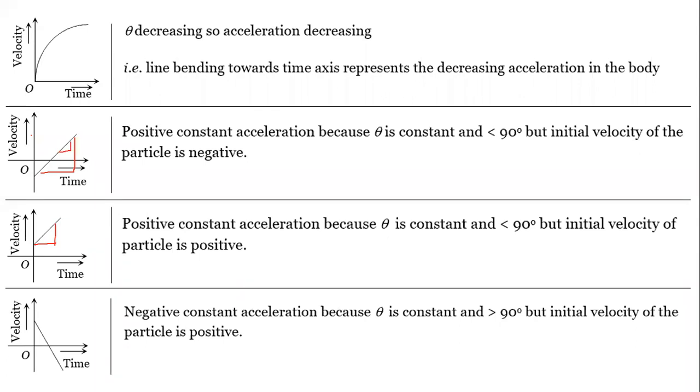The speed, or the change in velocity, is nothing but the area of the acceleration-time graph, because it is acceleration into time. Whenever we find the velocity or speed, the acceleration formula is v minus u by t. So what is acceleration into t? It is v minus u. If initially it is at rest, because it was specified...